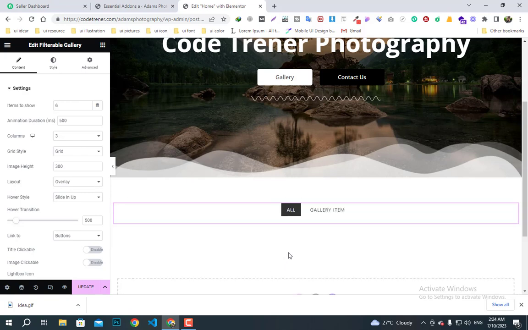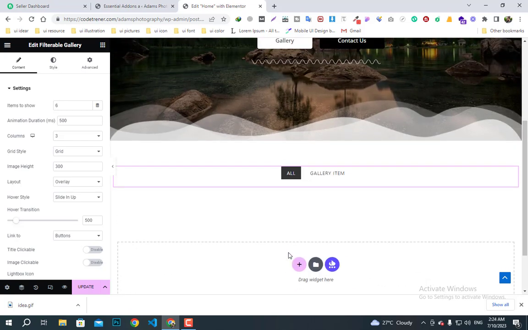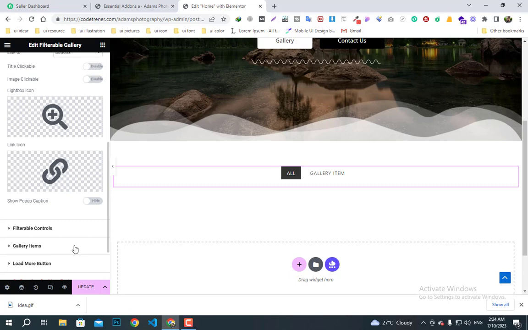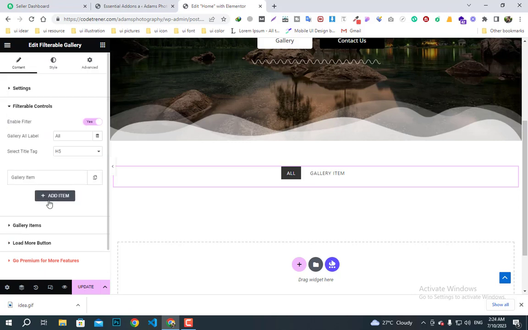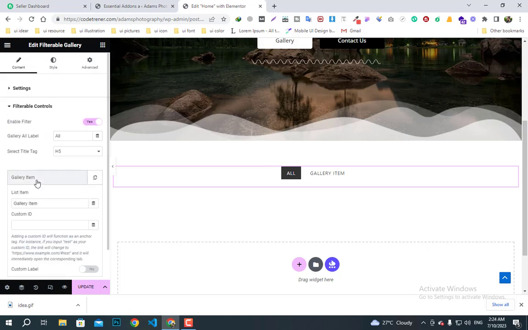Okay, so maybe we can't see anything right now, but we have to upload our gallery items. Right now there are two fields, one is all and another one is gallery item. So first we have to click on filterable controls, and then we have to write some items like there are